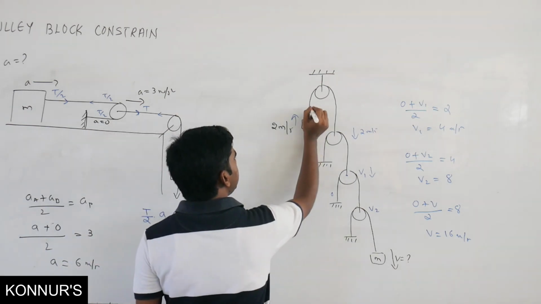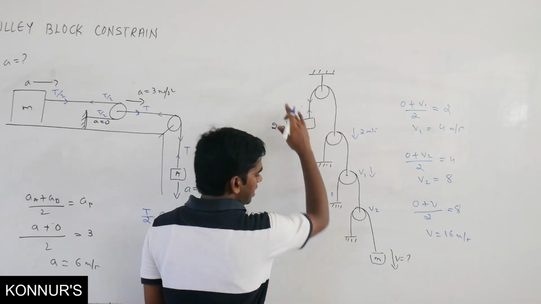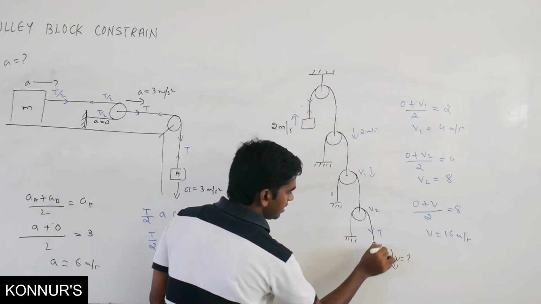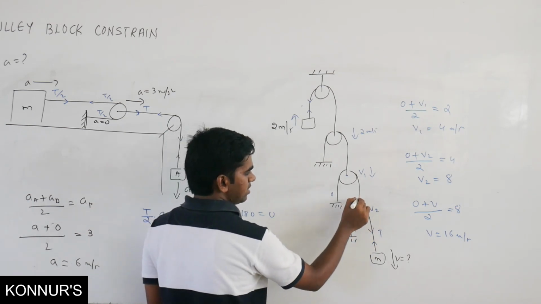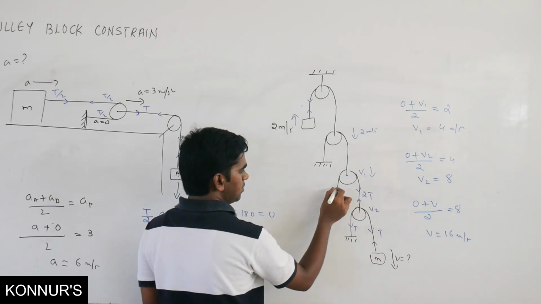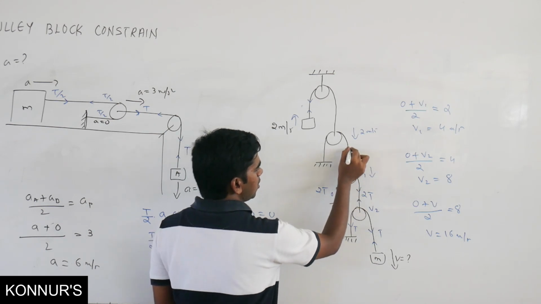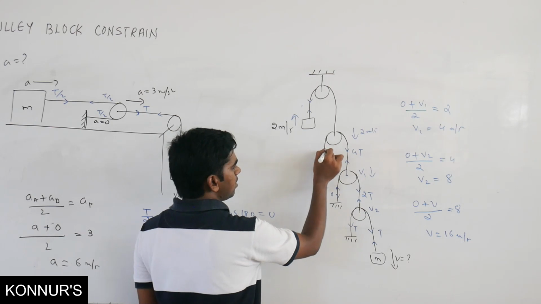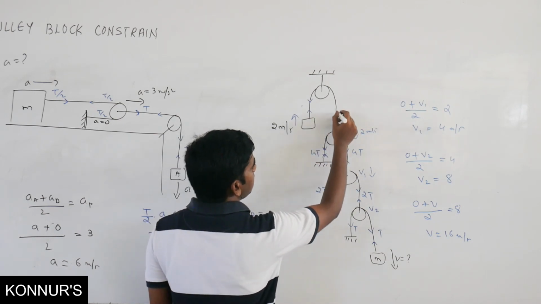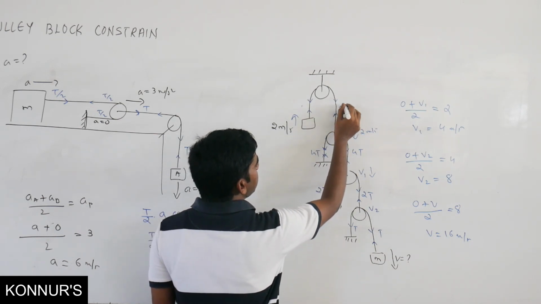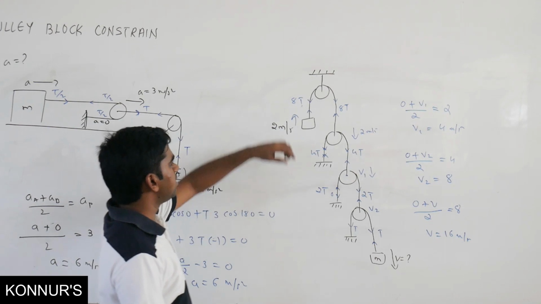How can you apply the tension method? Here tension is going to be T, and I will start from here. Here the tension, you can take it as T. If here tension is T, here also tension is T only. T, T. Here tension is 2T. If here it is 2T, here also it is 2T. So 2T, 2T, it will become 4T here. If here 4T, here also it is 4T. So 4T, 4T, here it will become 8T. If here it is 8T, here it is 8T.